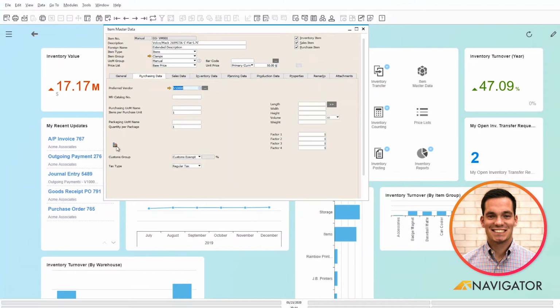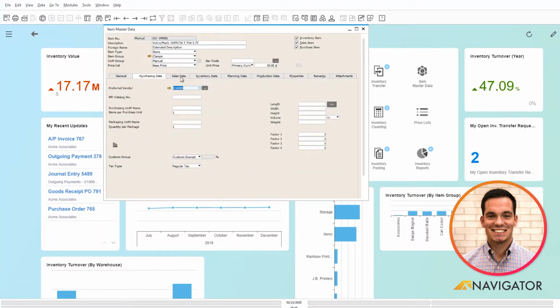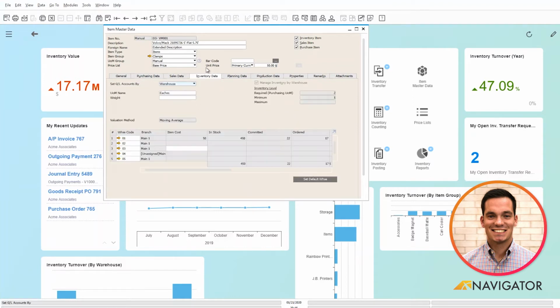If I want to see a purchasing analysis report for this item, I can click on the graph here, and it shows me by vendor the purchasing analysis report and graphical information. On the sales data tab, very similar to the purchasing, I can define my sales unit of measure and its dimensions here. And then on the inventory tab,